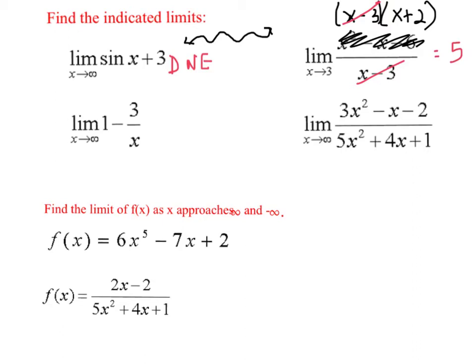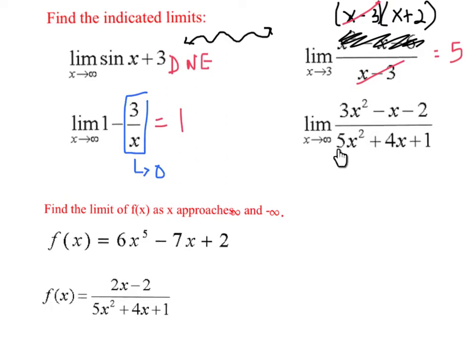Okay, let's go down here. The limit as x approaches infinity. Well, 3 divided by a really big number. This thing right here, I'm just going to put a little bracket around it. This is approaching 0. Because 3 divided by a big number is approaching 0. So 1 minus something approaching 0 is approaching 1. Finally,